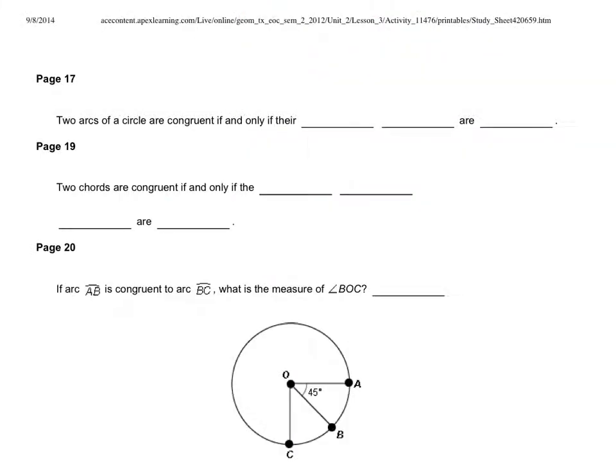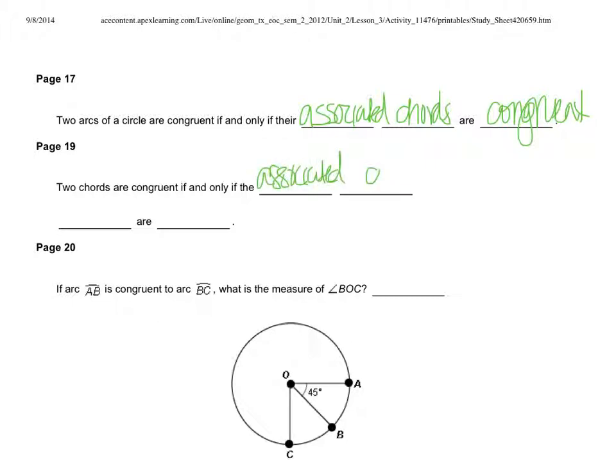So two arcs of a circle are congruent if and only if their associated chords are congruent. And two chords are congruent if and only if the associated central angles are congruent. So what that means is, if I have two circles, as long as their chords are the same, so you have a couple different chords but they're the same length, then they're going to give you congruent central